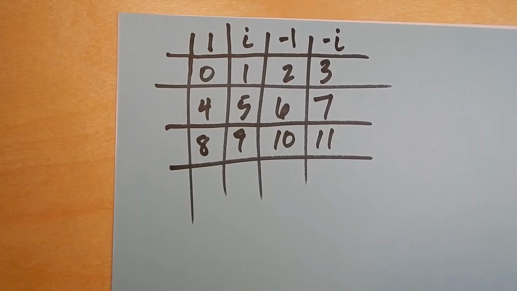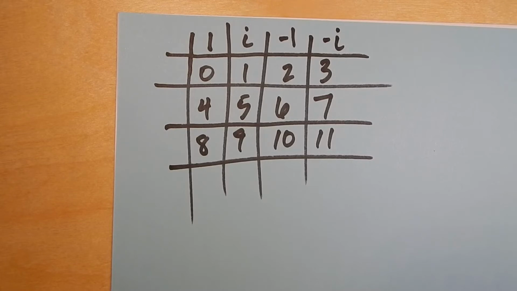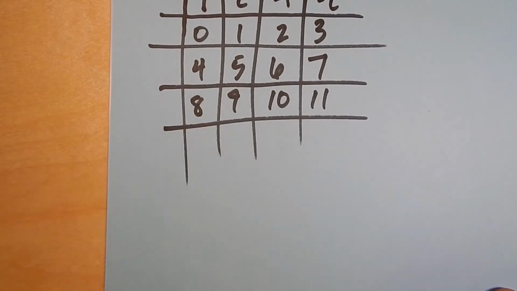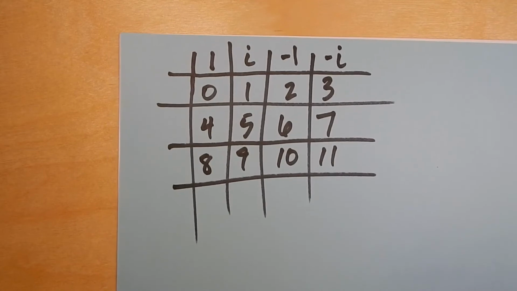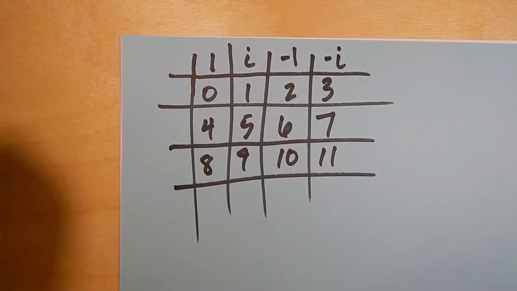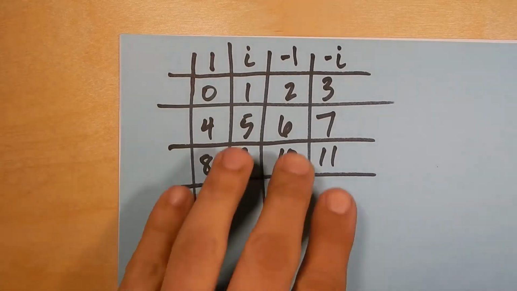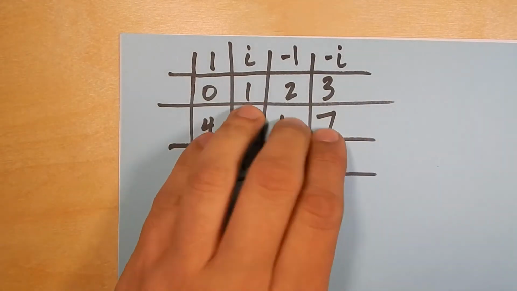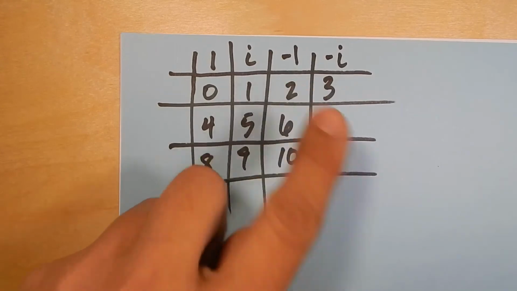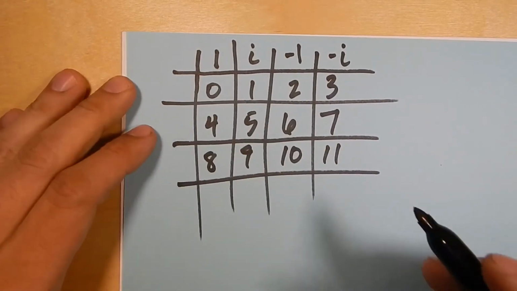Now, let's say somebody gives you I to the 107th power. And we're like, oh, geez, I don't want to write that out, continue my thing clear down. We don't have to do that. What we can do is use remainders. Because we have 4 things in this chart that are repeating over and over again, this is a cycle,